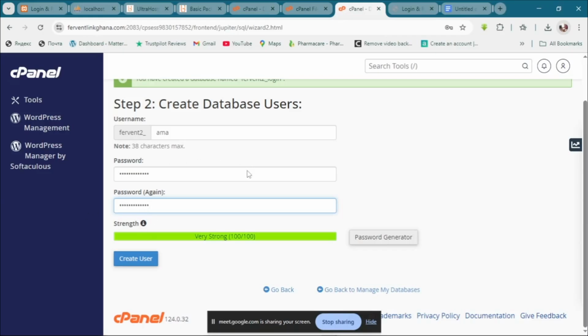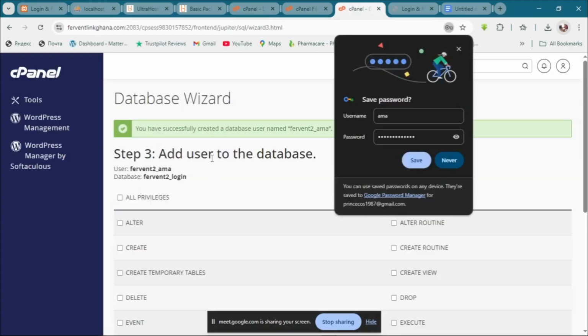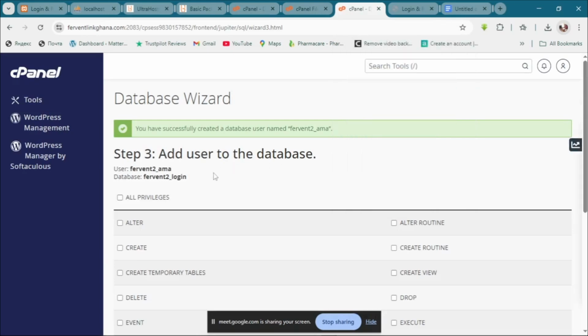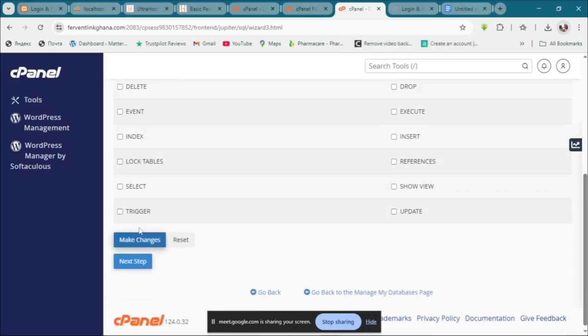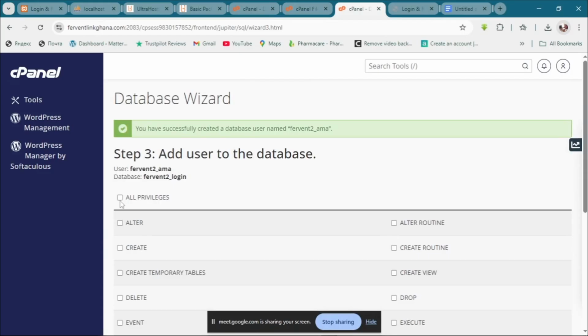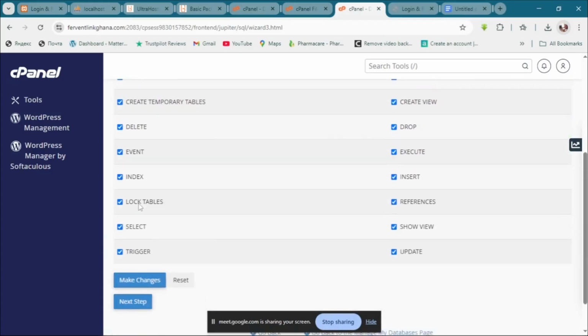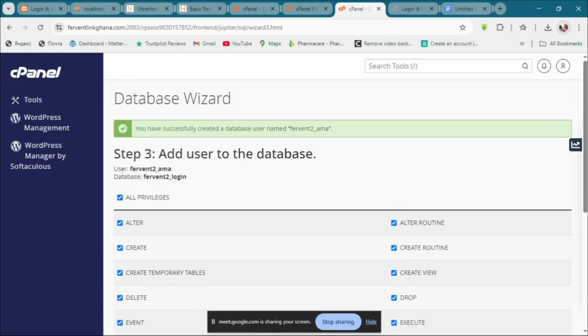Okay, so after I'm done, I'll just go ahead and click on create user. So after the user is created, that is not all. I need to permit all this permission to the database. So I'll click on what we have, allow privileges, and select everything. Now you can see here, this is my username and this is my database name. So I'll copy that,